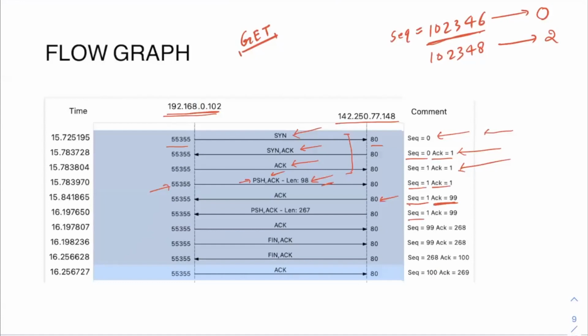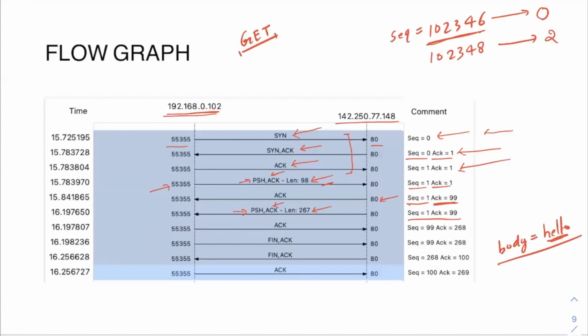Now in the next packet, the server is sending some data to the client, because you can see that the length here is 267. That means some data is being sent from server to client, and the push flag is set to 1, acknowledgement is set to 1. As I told you before, whatever you are sending in the body, let's say you are sending hello, the server will reply with that hello itself in this packet. The length is 267 because, since this is an HTTP request, the server will also have a lot of headers in the reply. So the overall length will be 267.